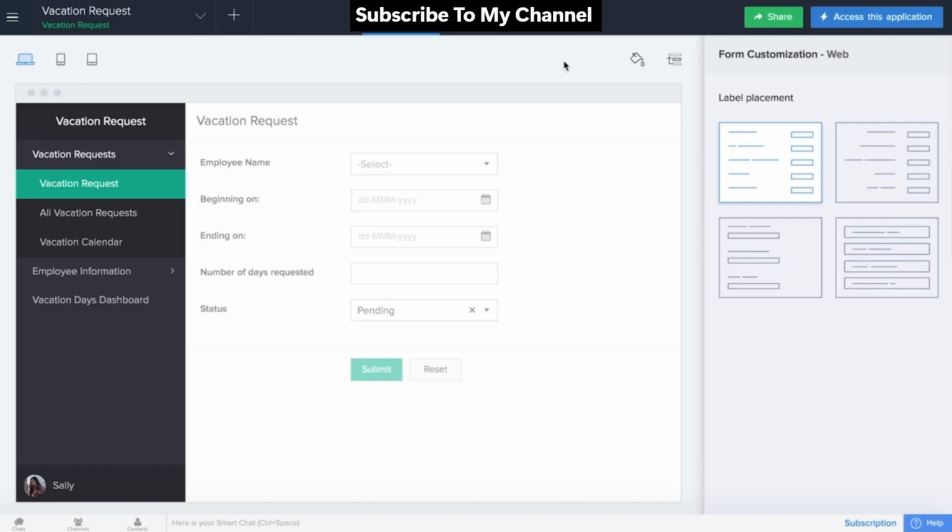Now, the other option that we have is publishing, which makes that part of your app public on the web. Anyone can access it and search engines can crawl it. So that might not be the best option for some people. However, if you don't want to manually add a bunch of different users to your application, you could just publish the vacation request form. So for this, we're going to go to Settings